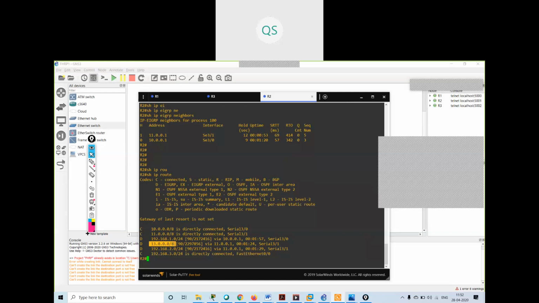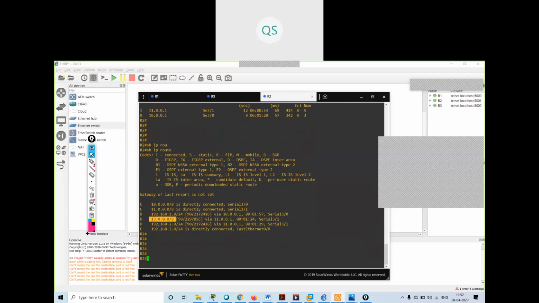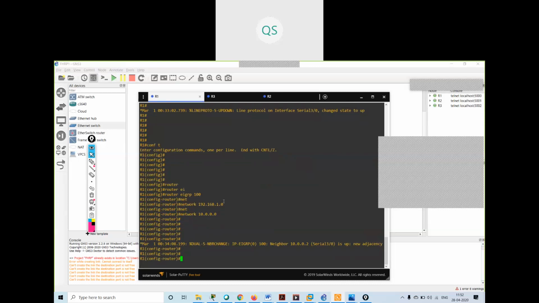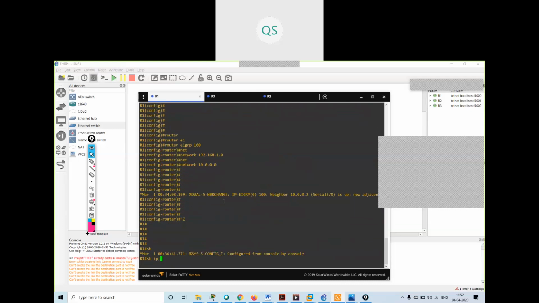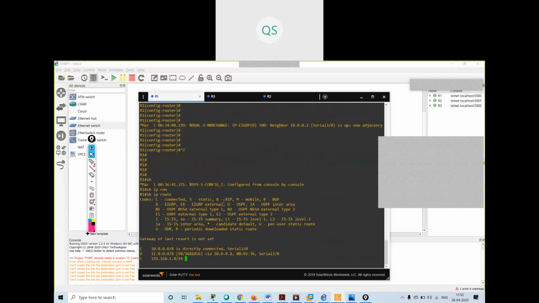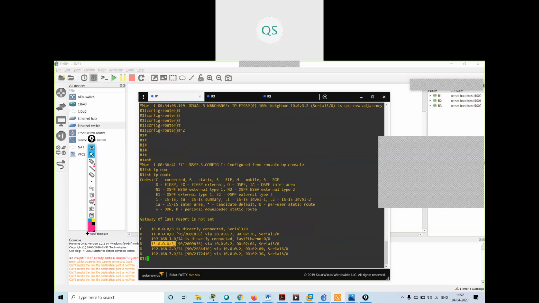Understood? Auto summary is enabled by default in EIGRP. So I am getting 13.0.0.0/8 as my summary address, and this summary address is being advertised on R1 also. Go over here, show IP route, see, this is the summary address.